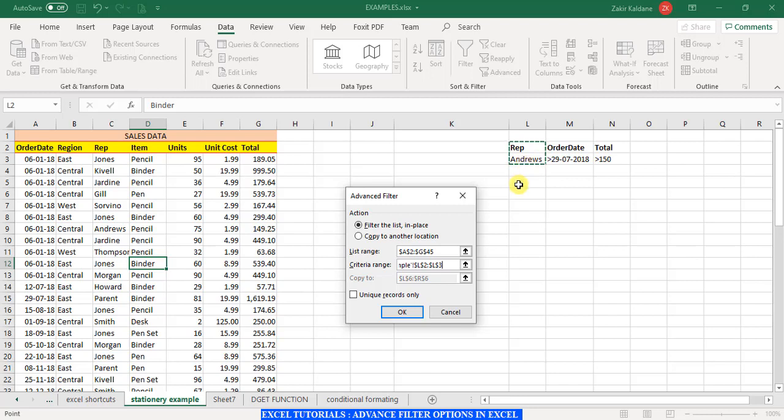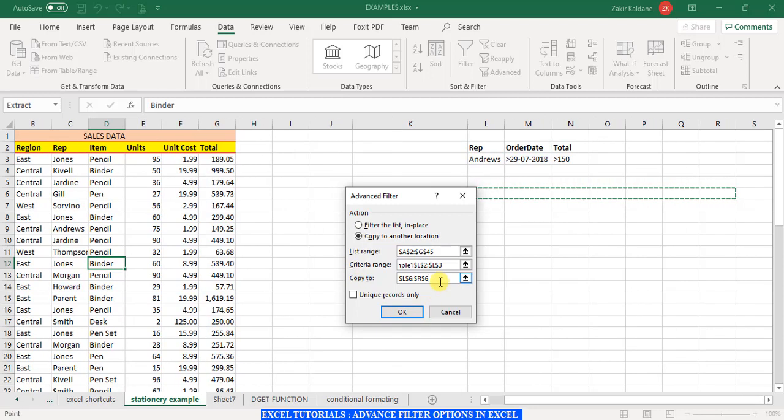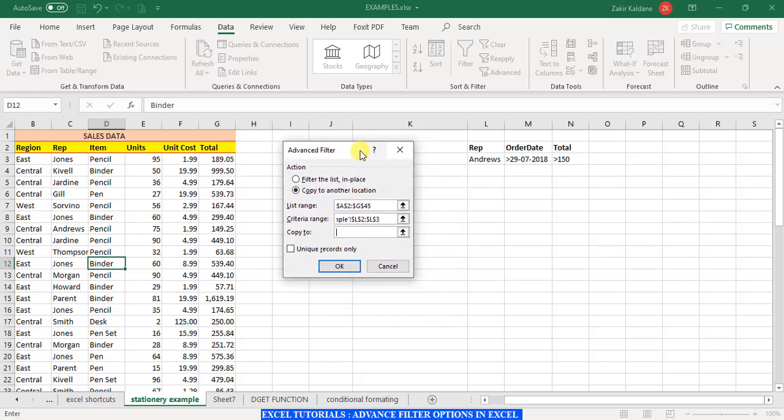The next thing is that I want to copy to some other location, in the same sheet. So I will click over here. Let me clear this, because by clearing this I can select the new location. I will click on some cell where I want the data to be placed. Once I select this, we have completed the three arguments, and now we can click OK. If we want unique records, we can click on unique records also. But right now the criteria is Andrew, so we cannot keep it as unique, because it is appearing in multiple cells.